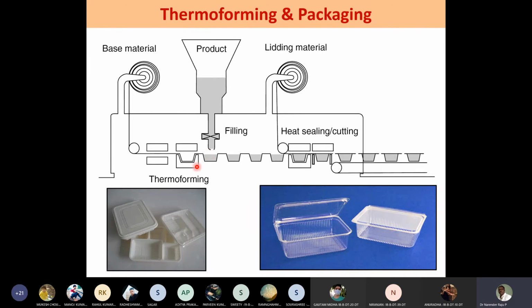Now, where people don't have this facility or the scale of operations is less, they get these ready-made plastic containers and then go for filling. Most of the sweets that you find in today's market are available in these kind of containers made using this thermoforming technique. Even the ready-to-eat meals, packed lunch, you find these kind of trays. They are also thermoformed. Your dahi cup, yogurt cup or ice cream cup, Srikhand cup, they are all thermoformed.